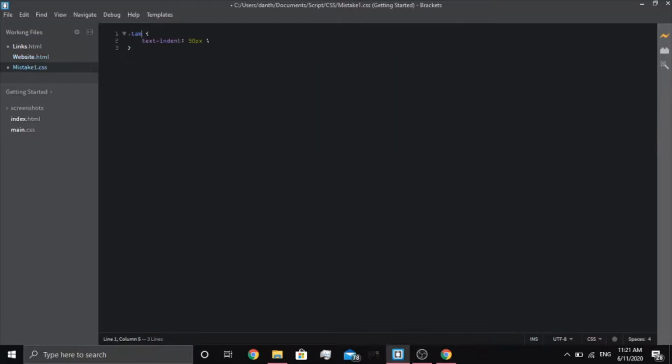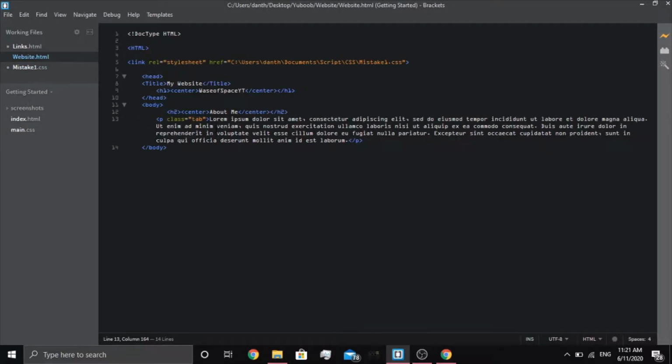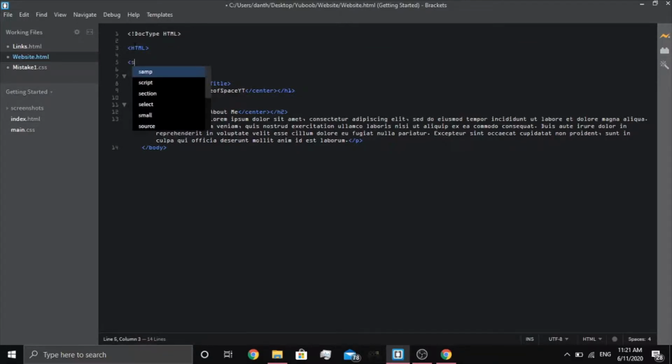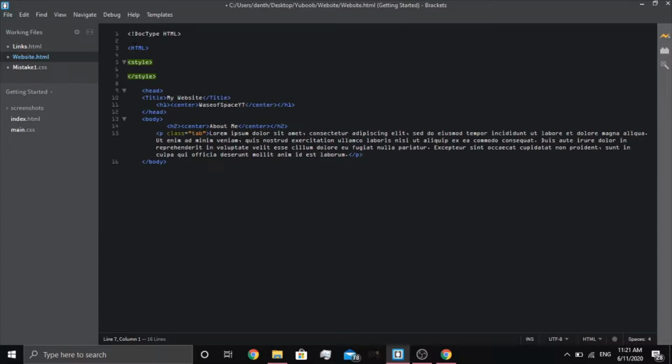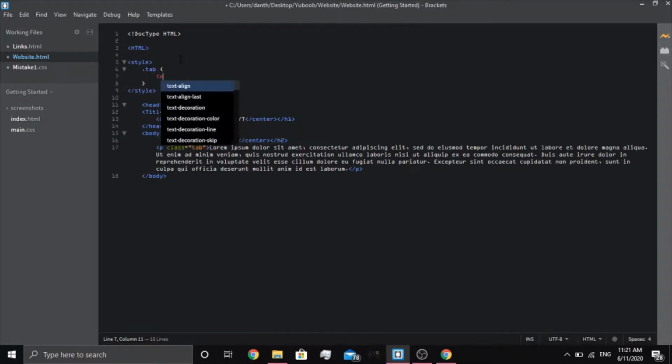This is why I don't use CSS documents, because it also makes it harder on me when I'm transferring this to something you guys can actually see, which I will be doing. So just style, dot tab, text, indent, well, not that, text dash indent, inherit, or inherit, I don't know